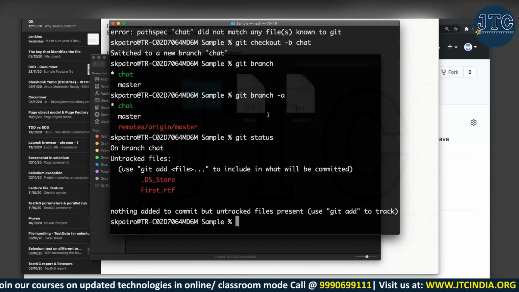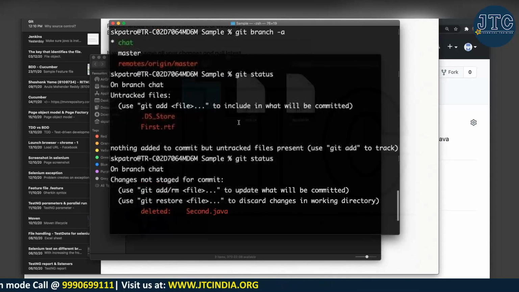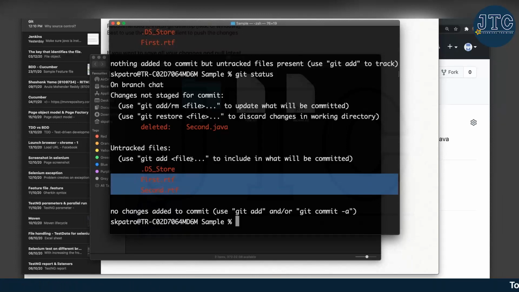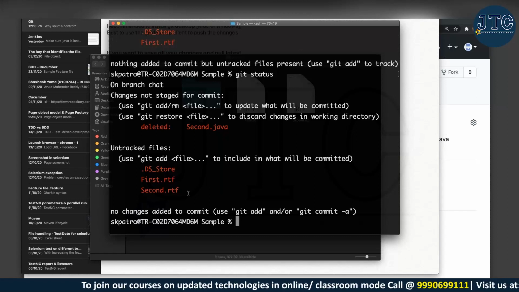You're adding some code to the existing one. So now if I run git status, before it was showing first.rtf only, but now it shows first.rtf and second.rtf, both not yet tracked, because I have edited them but haven't done anything with them.